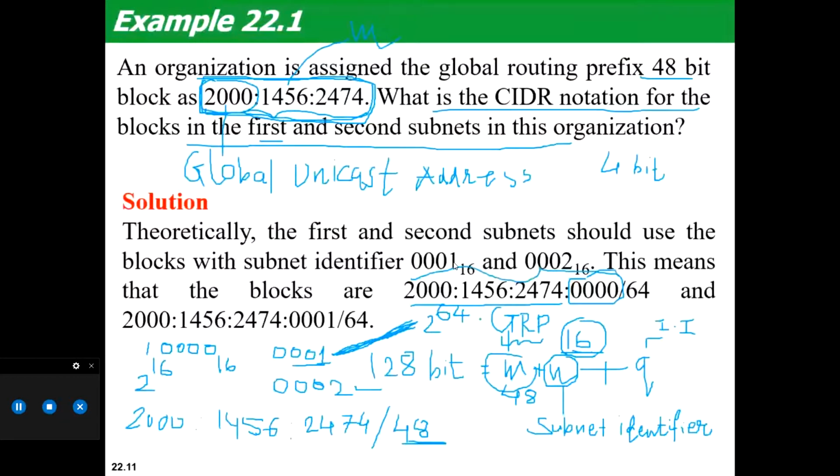That means in each subnet 2 to the power 64 IP addresses can be accommodated. Okay, is this clear to you? So we proceed to the next example. Is it clear, Sparsh? Yes, sir.